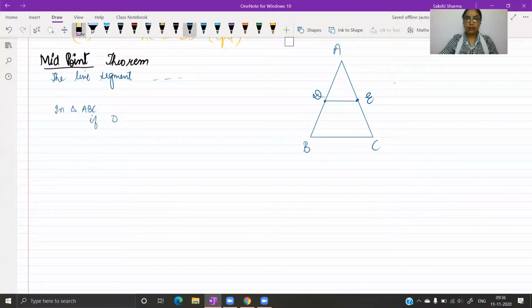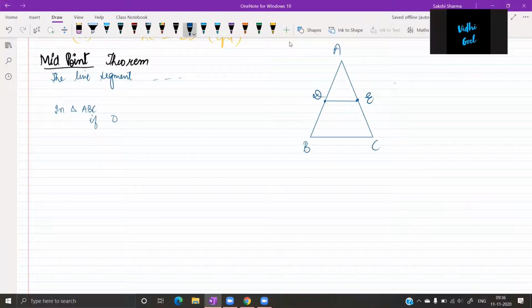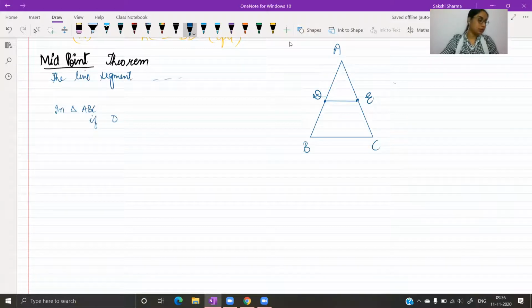I told you to write down the statement of the midpoint theorem from your textbook. So you can write down that the line segment joining the midpoints of two sides of a triangle is parallel to the third side. And along with that, additionally, there is this result that the length of that line segment is equal to half the length of the opposite side. The statement only includes the part that the line segment is parallel to the third side, the half relation is not given, but we will be writing it down. That's why I've written this.